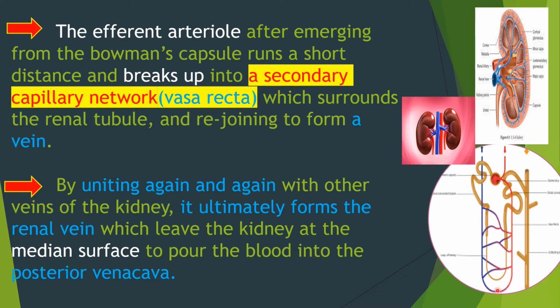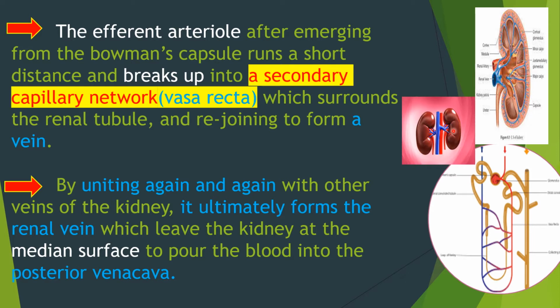Very important: the vasa recta surrounds the renal tubule or nephron, and rejoins to form veins. By uniting again and again with other veins of the kidney, it ultimately forms the renal vein. Here you can see,